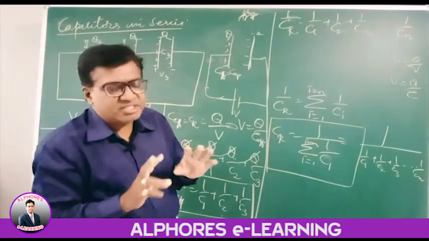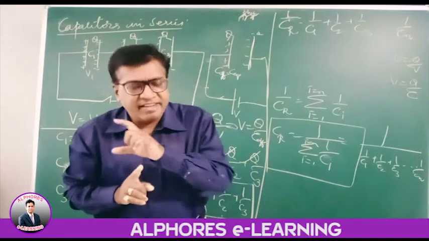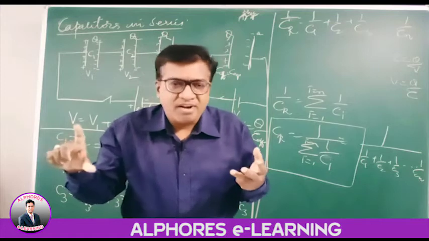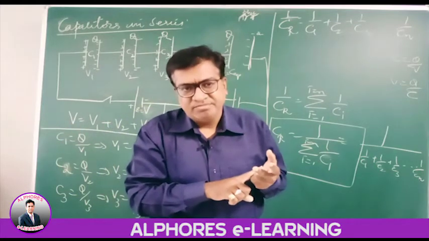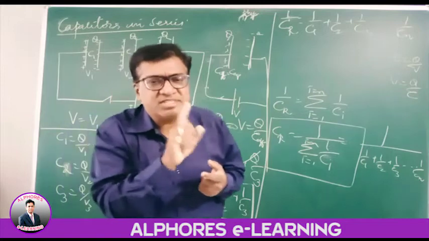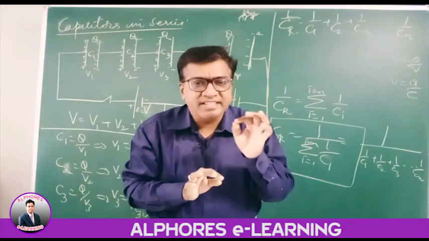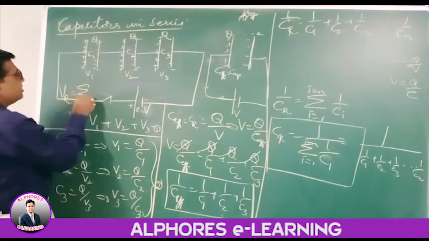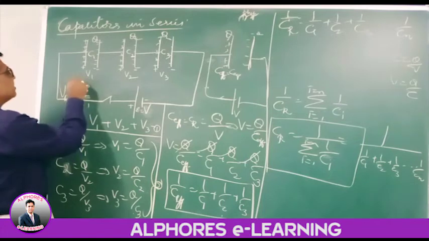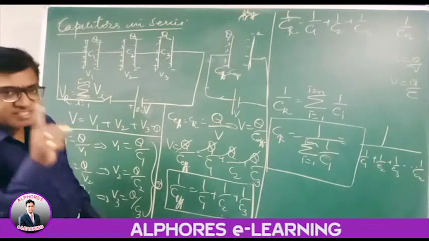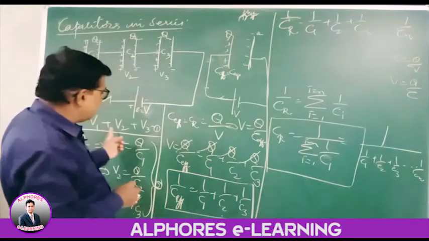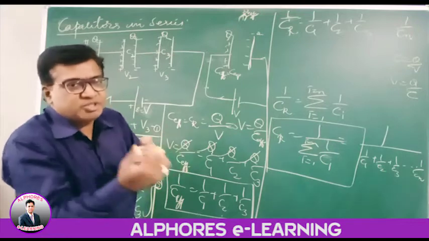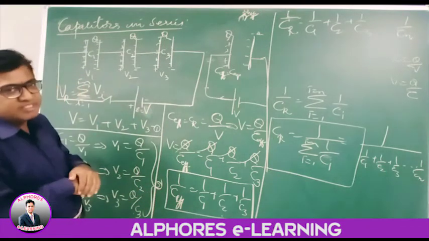In any series connection, whenever the elements are connected in series, the current remains constant. When steady state is obtained, all the elements will have the same charge. If the elements have individual potentials V1, V2, V3 up to Vn, then the resultant potential is the algebraic sum of the individual potentials. So the total potential V is V1 plus V2 plus V3, distributed in series.